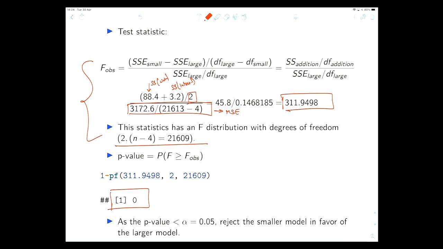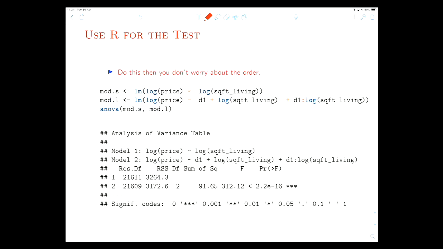Again, as we discussed previous week, if you don't really want to worry about the ordering of the models and so on, you can do that as well. You just fit two models, one which is your small model, which does not have the added terms, so D1